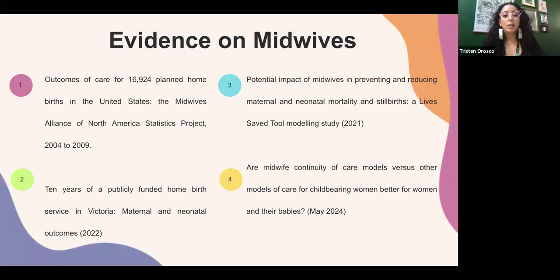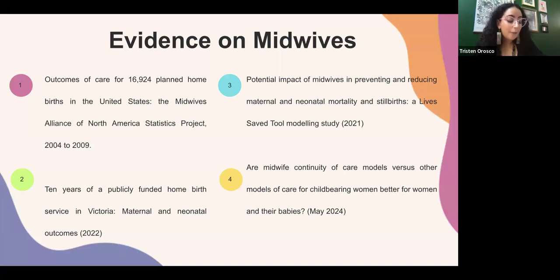Now, the last study is looking at the continuity of care model versus other care models for women and their babies. This looks at 17 different studies made up of 18,533 women in Australia, Canada, China, Ireland, and the UK. These people were considered low risk at the start of their pregnancy, and if a complication of some sort arose during pregnancy, birth, or the postpartum period, midwives continued to provide midwifery care in collaboration with specialists and other obstetric